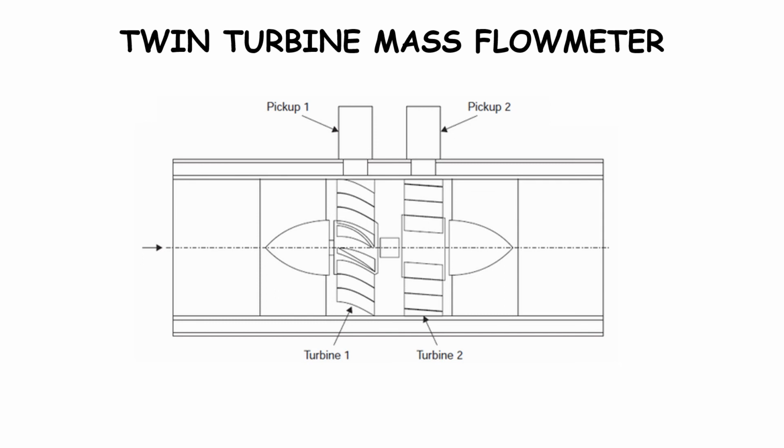However, since the movement of the turbines is restricted by a coupling torque, the entire assembly rotates in unison at an average speed, and an angular phase shift between the two turbines develops. This angle is a direct function of the angular momentum of the fluid. The angular momentum is a function of the mass flow. In the double turbine assembly, the turbines are not restricted by a spring, but the torsion member that holds them together is twisted. Therefore, the angle developed between the two turbines is a direct function of the torsion exerted by the system itself.